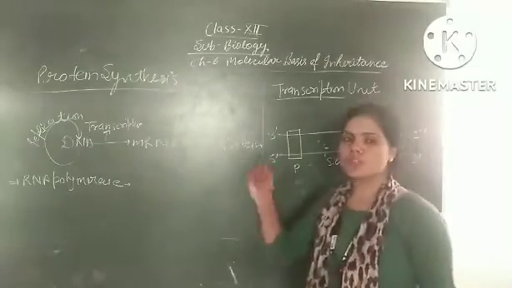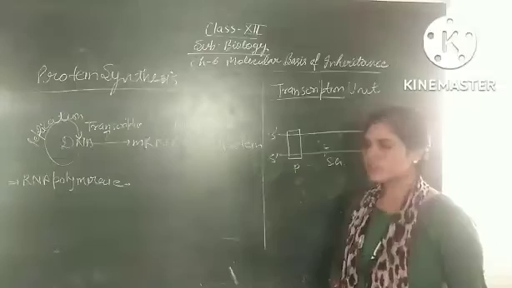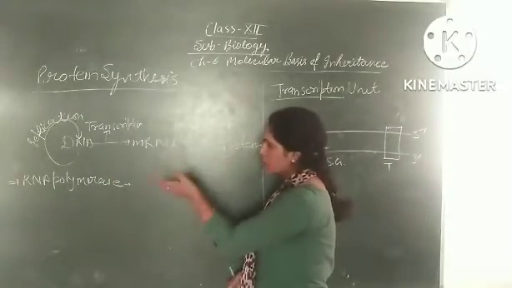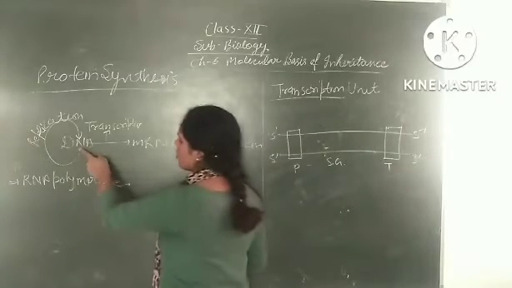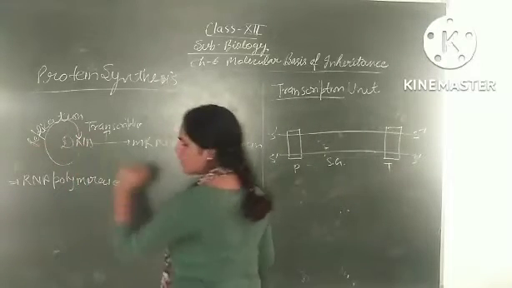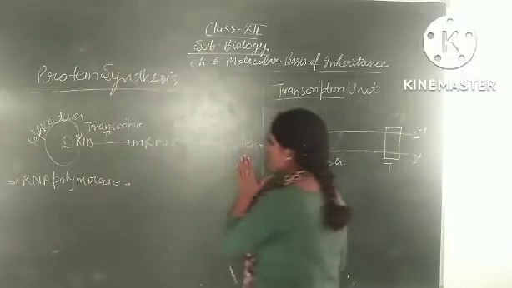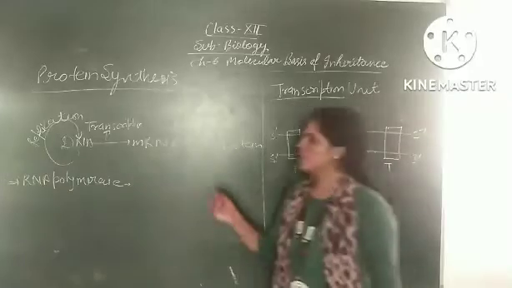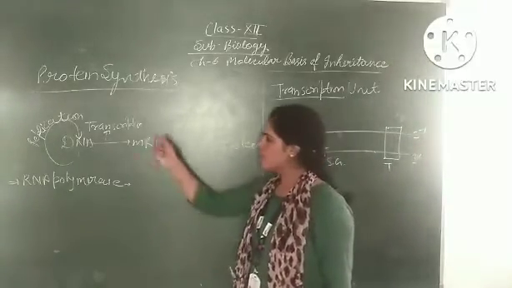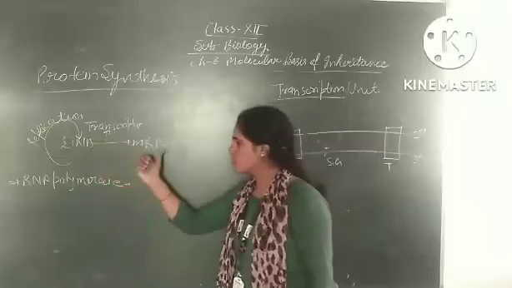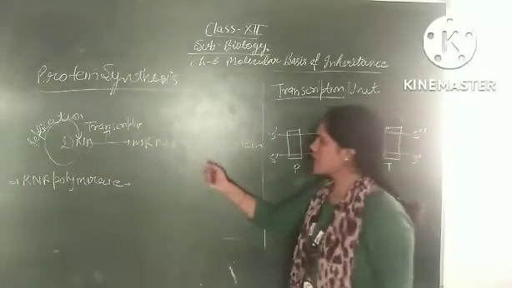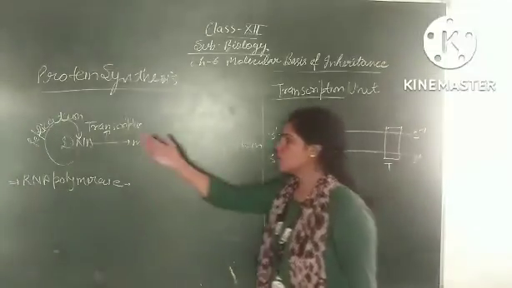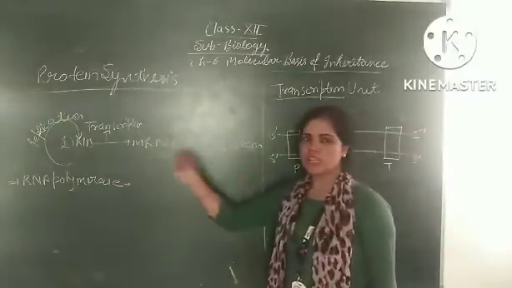Our next topic is protein synthesis. So what is protein synthesis? As we can see from this central dogma, the formation of DNA from DNA is known as replication, and the formation of protein from the DNA is known as protein synthesis. This process occurs in two parts. First, transcription, which is the formation of RNA from the DNA, and the second one is translation, the formation of protein from the messenger RNA. This step-by-step process is known as the central dogma.